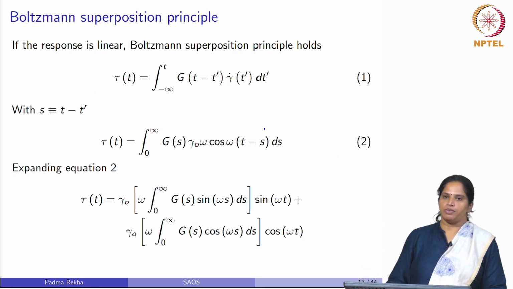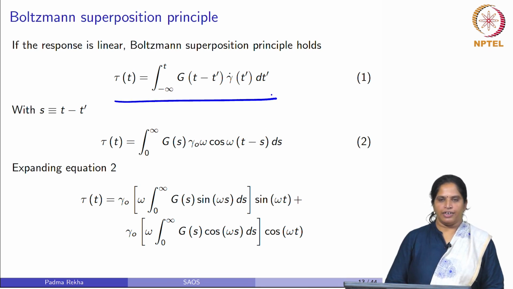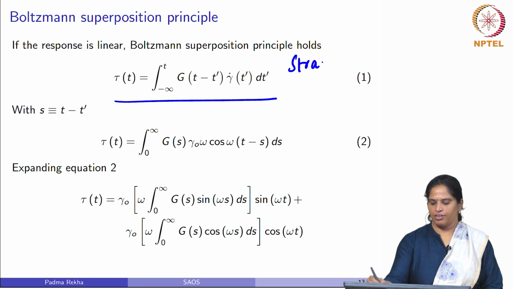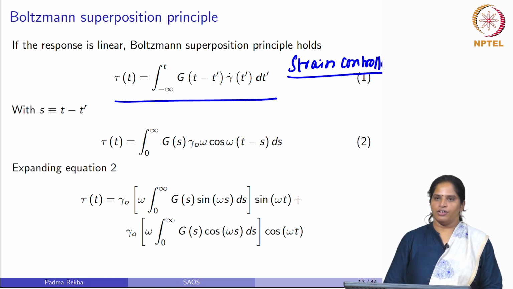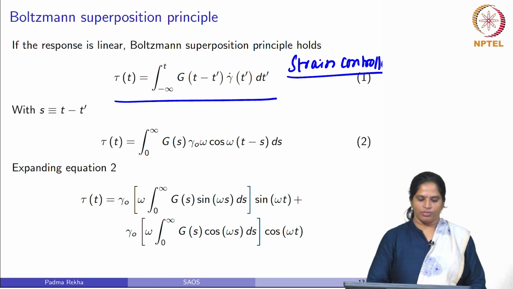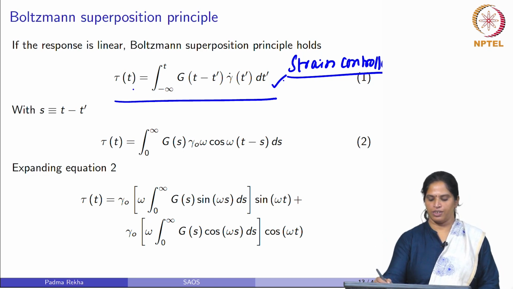So, we have assumed the response of the material to be linear. So, to define the material functions, we will use the Boltzmann superposition principle. As a material exhibits a linear response, for the Boltzmann superposition principle for a stress response, let us use a strain control test here. So, for a strain control test, when we apply a sinusoidal loading, the integral form of the Boltzmann superposition is as given in this equation,